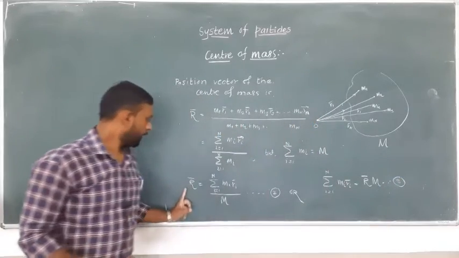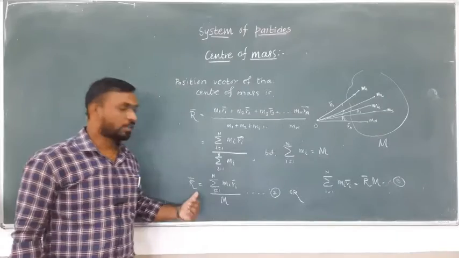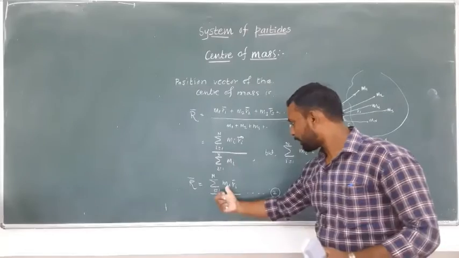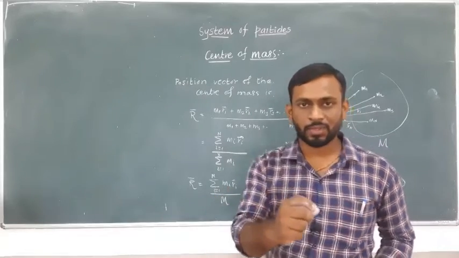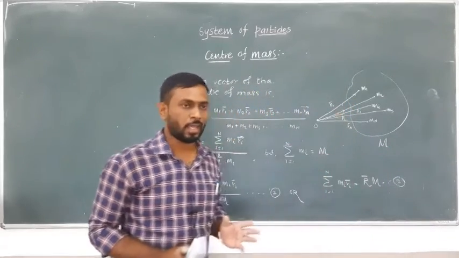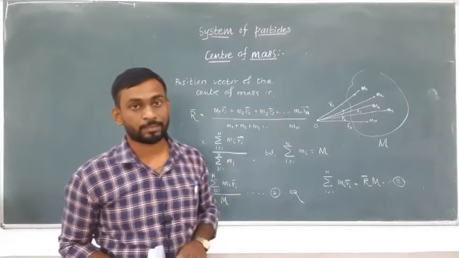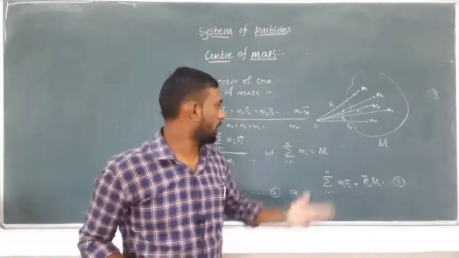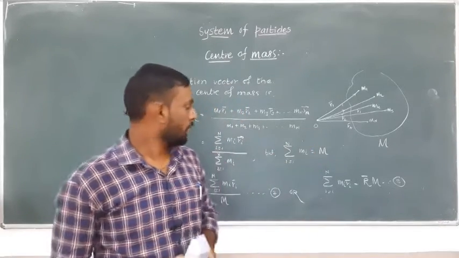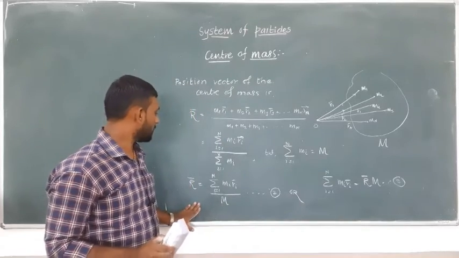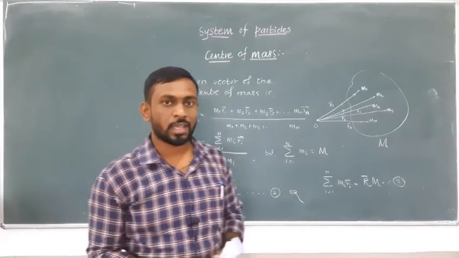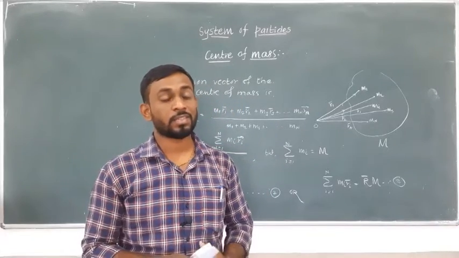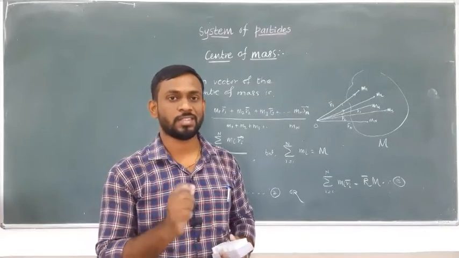So look at equation number 2 or 3. What are the dependences? The center of mass of the system depends on each and every mass of the system, which consists of m1, m2, m3 and so on, and on its position vector from some coordinate origin O. We already discussed how to choose this O. This center of mass is crucial if you want to find the external forces acting on the system. If external forces act on the system, the center of mass of the system changes.